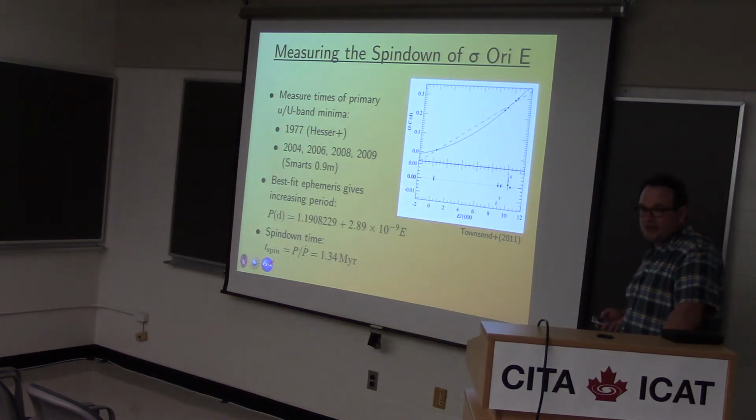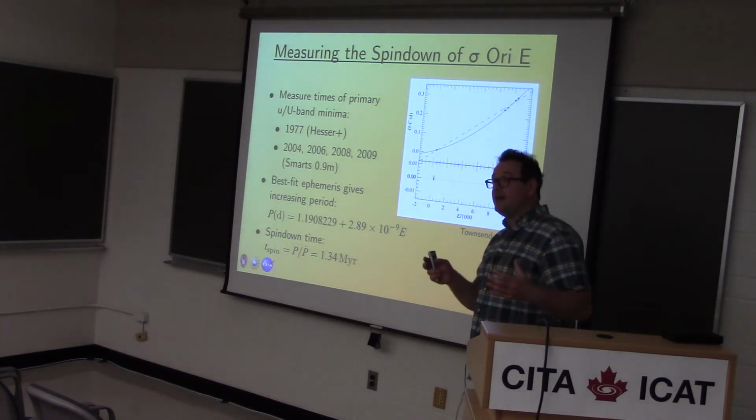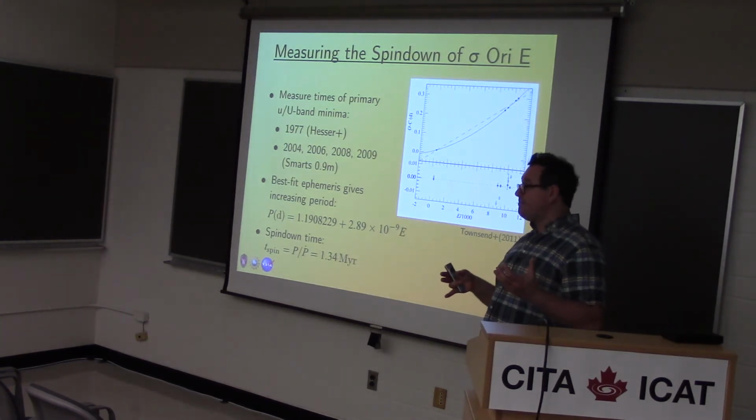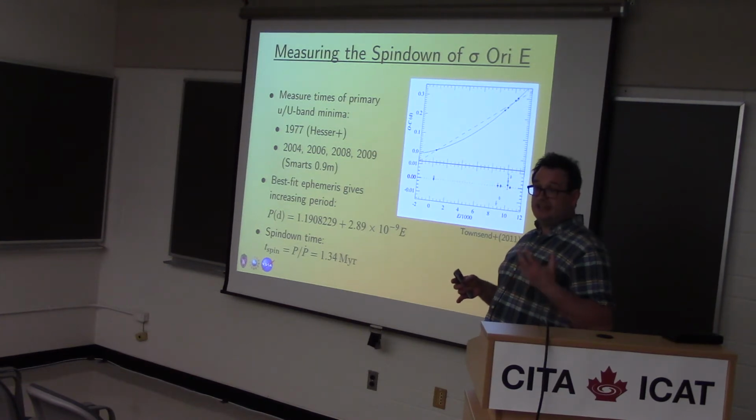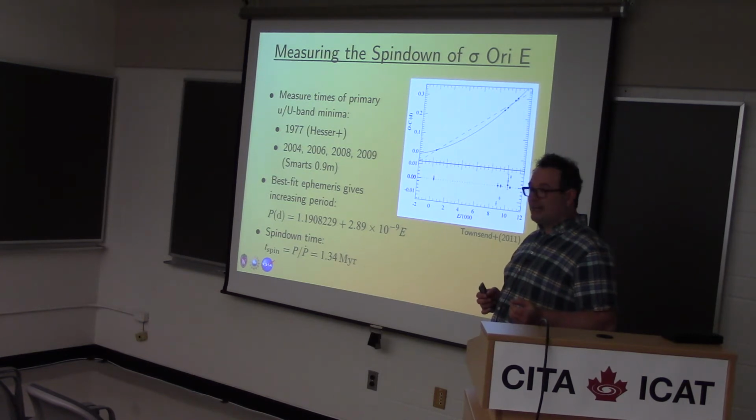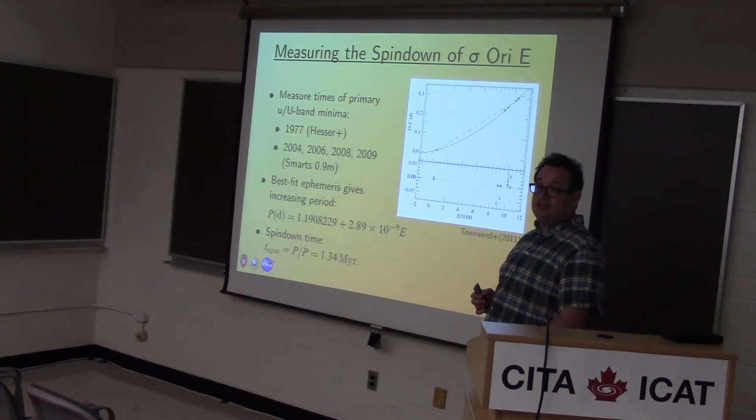As I mentioned at the start of my talk, sigma ReE, the archetype magnetic massive star, has direct detections of its magnetic braking. The way we've done this is that, if you remember from the animations I showed you, the material in the magnetosphere passes in front of the star twice a rotation cycle. The dips in brightness caused by this transiting material were first measured back in 1974. So potentially, by combining those old measurements with newer measurements of the timing of these dips, we can see whether the period of the star has been stable.